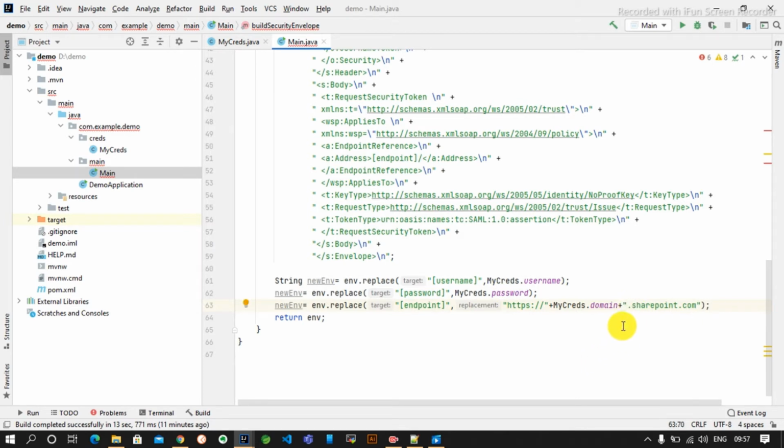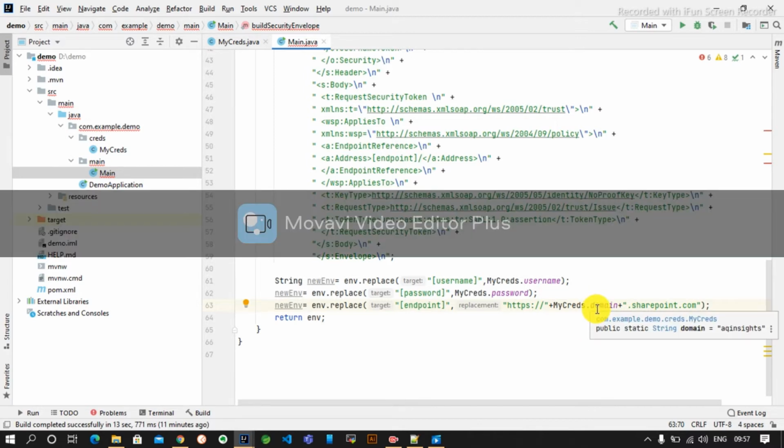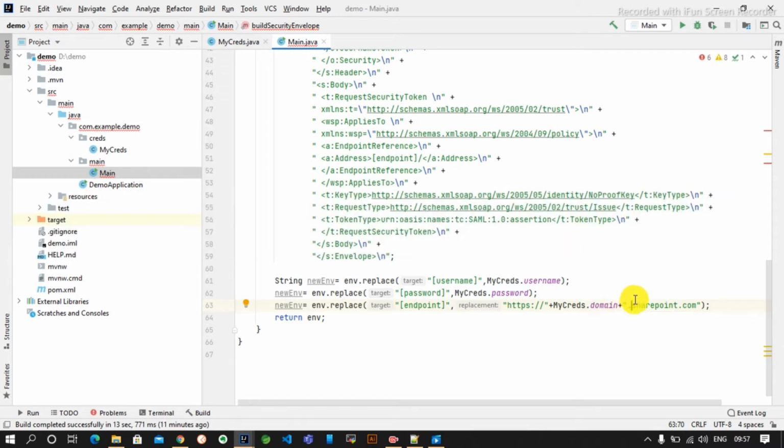So for me the domain is something like demo, https://demo.sharepoint.com. For you there will be a different domain name. Everything here is static, only this domain part is dynamic, that you need to change as per your